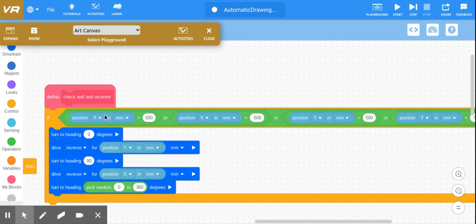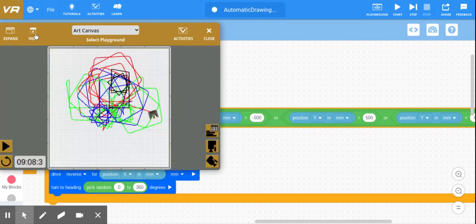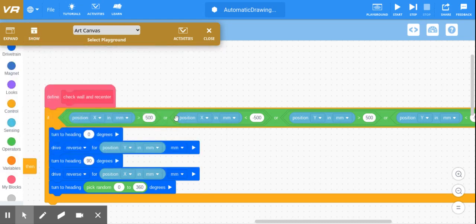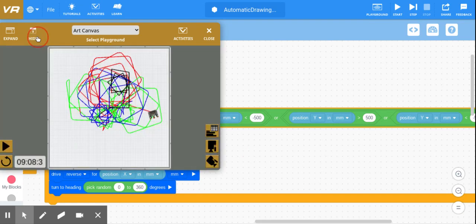If the position x in millimeters is greater than 500. Well, here we are. It's 0 in the middle and it's 1,000 at the outside. And so if the position x is greater than 500, that would mean it's close to the right edge. Okay? Or position x less than minus 500. That would mean that it's close to the left edge. Or